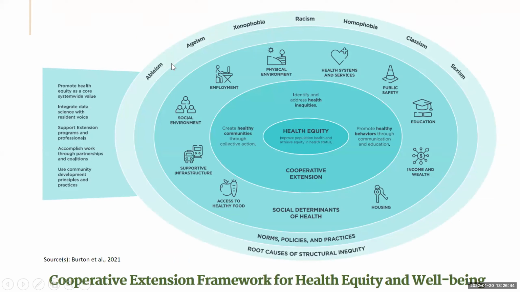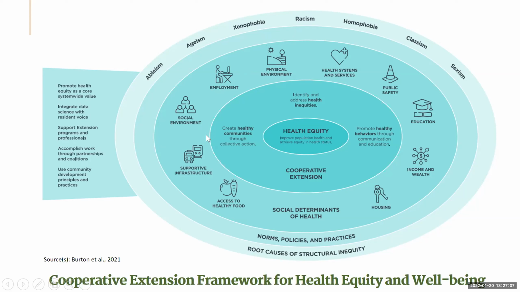In this outer ring, you see those root causes of structural inequity that we just reviewed. And then in the ring below it, these are norms, policies, and practices that influence these